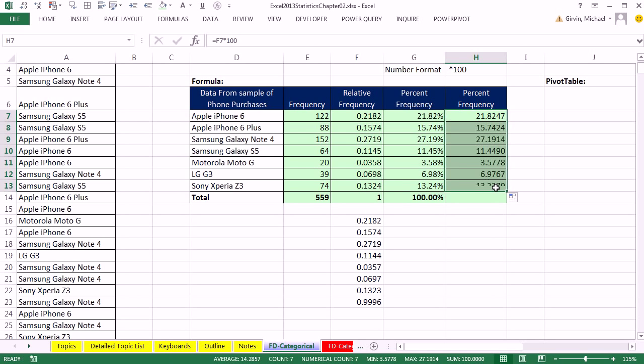Now, the reason that this method is around is because you want to display the percentages without the percentage symbol. Sometimes in some reports or tabular summaries or charts, the percentage symbol all over the place gets a little busy. Now I'm going to decrease the decimals.